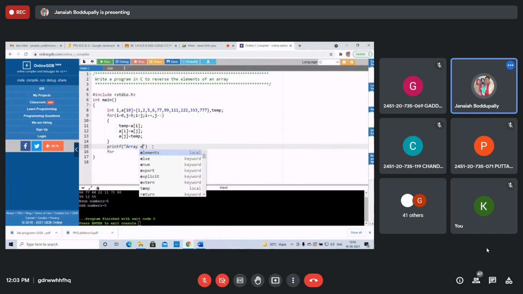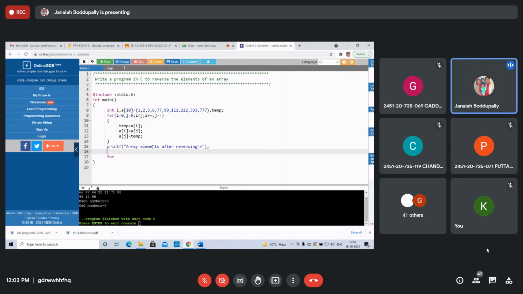We can write "Array elements after reversing". Then using a for loop.